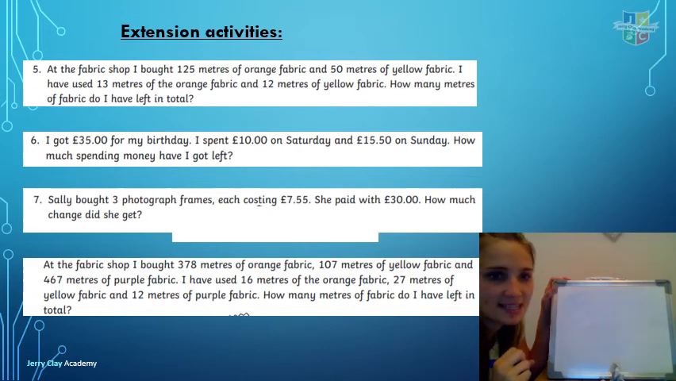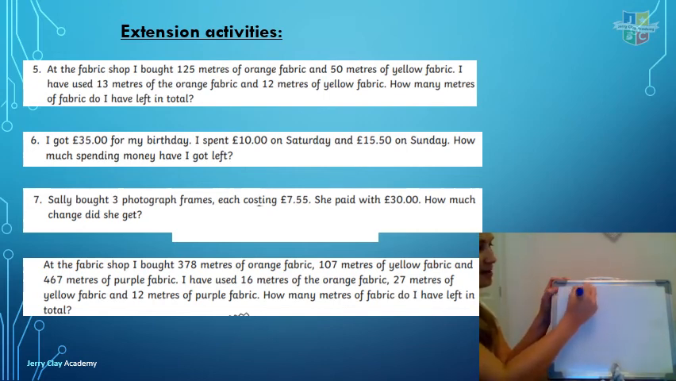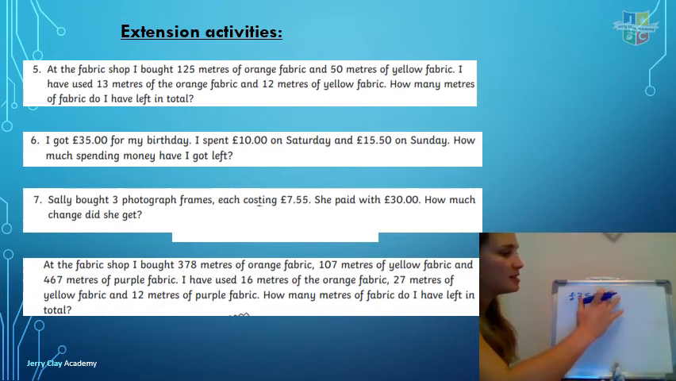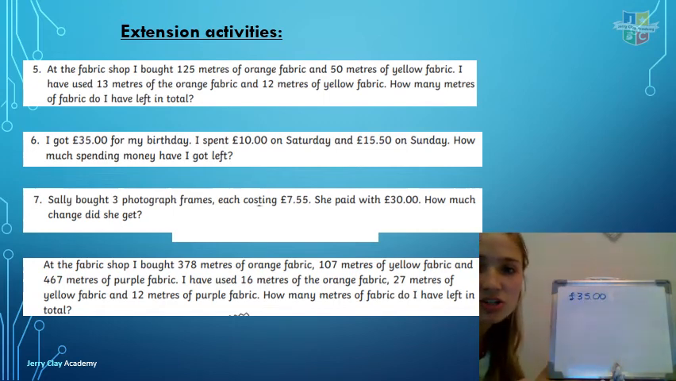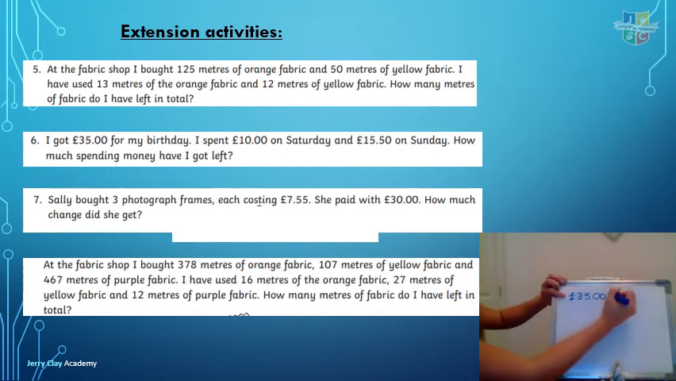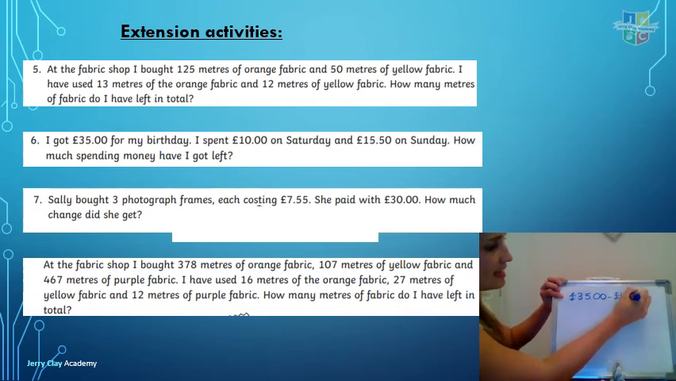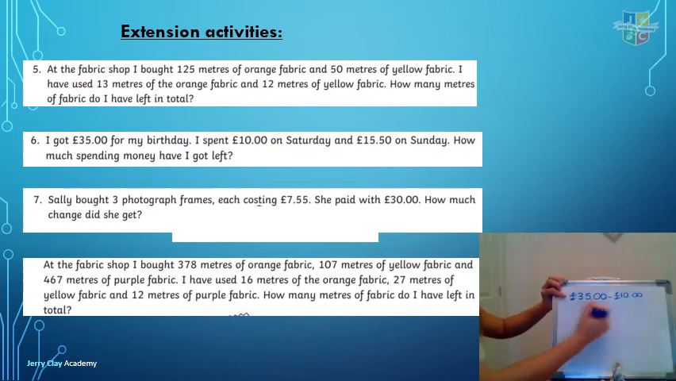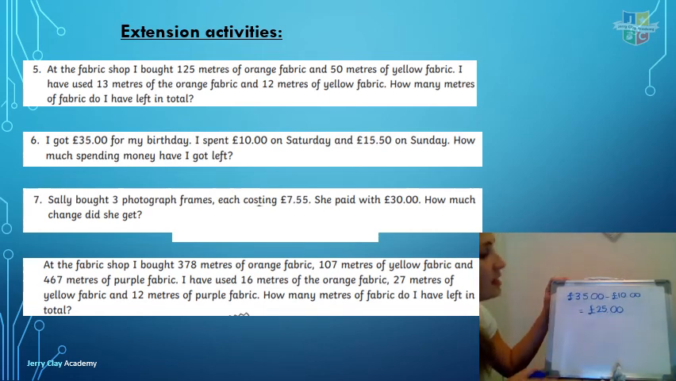Number 6, it says I got £35 for my birthday. On Saturday I spent £10, on Sunday I spent £15.50. How much have I got left? So let's work out the first part. On Saturday I spent £10, so if I take £10 off £35, I would have got the answer £25. You could have also used column method for that. Then I've got £25 and I need to take off